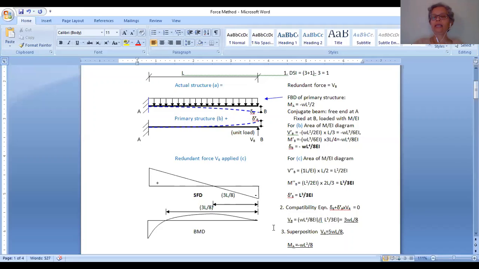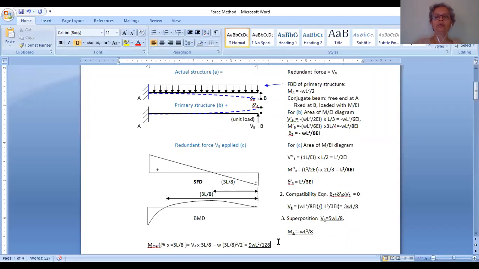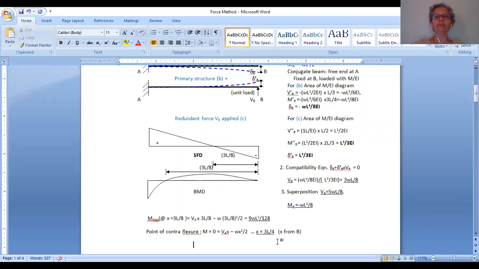Now next we have to draw the bending moment diagram also. How do we draw the bending moment diagram? What do you expect the bending moment to be at B? Is it 0 or non-zero? 0. Yes, very right. It is 0. And bending moment at A, we have found out is W L squared by 8 with negative sign. So I have started here W L squared by 8 and this is 0.